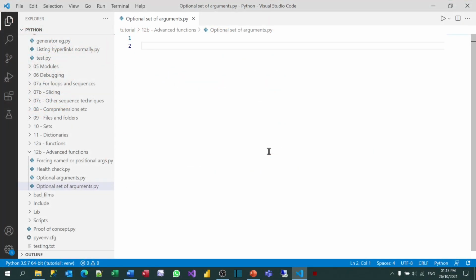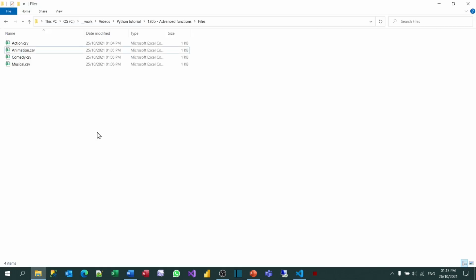We've seen that you can pass an optional argument to a function, but you can actually specify that an argument should have optional size, so whether it's just a single item in it or lots of items. What this section of the tutorial will do is try to explain an example of when you might want to choose this. I must be honest, I don't use it myself that often, and this is slightly for the sake of completeness. So let's say we have a few files listing out films, similar to the ones we used in